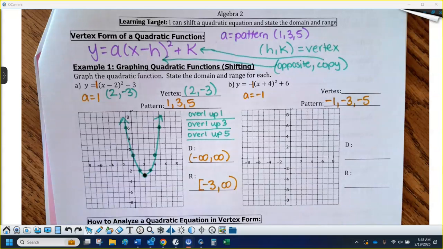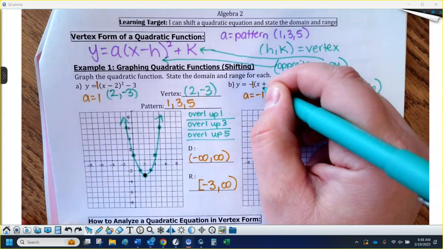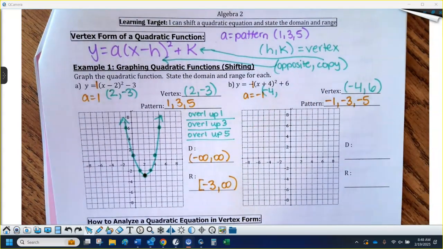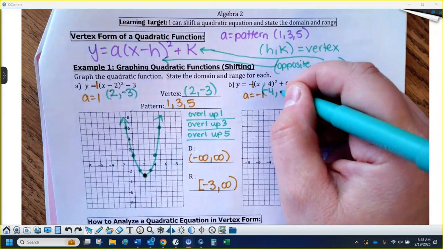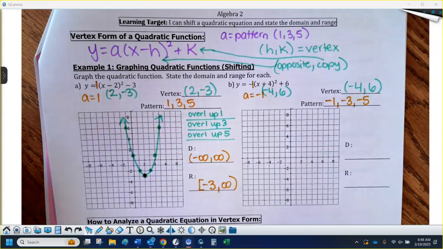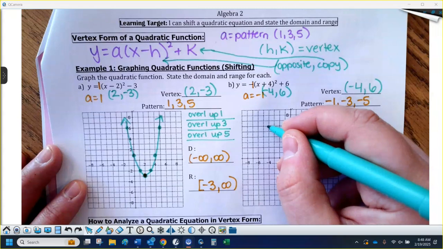What do you think? Perfect. -4, 6. So to me, that looks like a +4, so it's the opposite in the parentheses. It's what sets it equal to 0. Outside the parentheses, just copy that. That'll be your y-coordinate. So we're going to go left 4 and up 6 from the